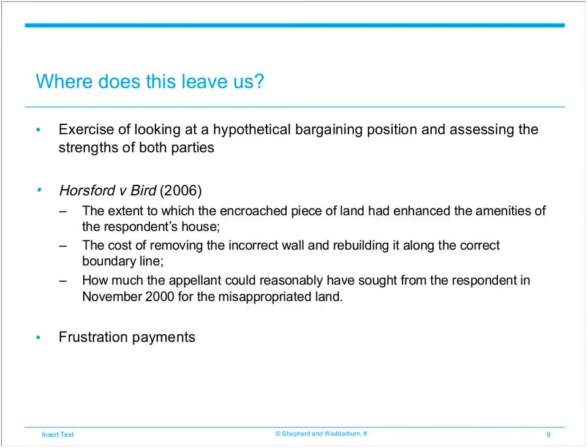They looked at how much the appellant could reasonably have sought from the respondent in November 2000 for the misappropriated land. Now, in my case involving the cycle path, we used the cost that the council could avoid by not having to take out the cycle path as an alternative damages claim to removal. Clearly, there wasn't a development profit as such in that case. And this approach is also one that was taken in Craigmile against the Keeper of Registers, which I've already referred to,